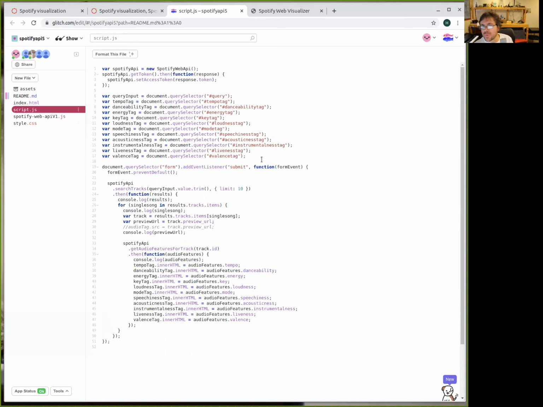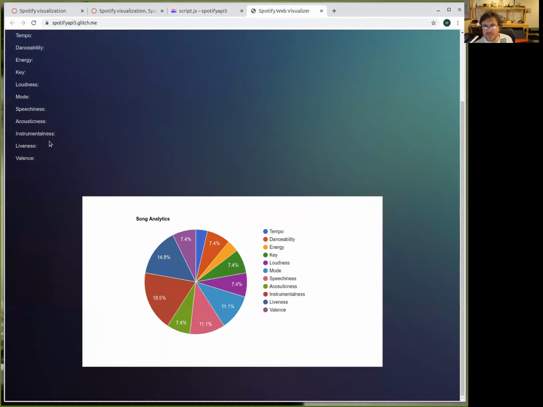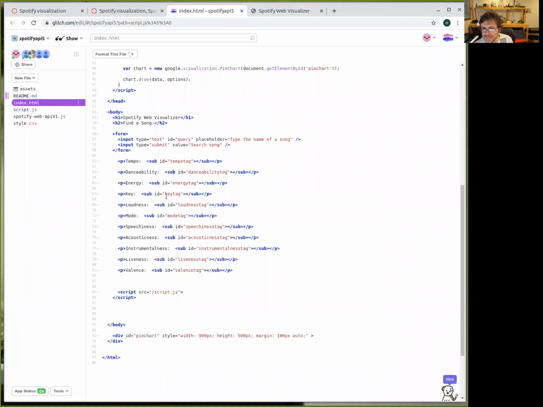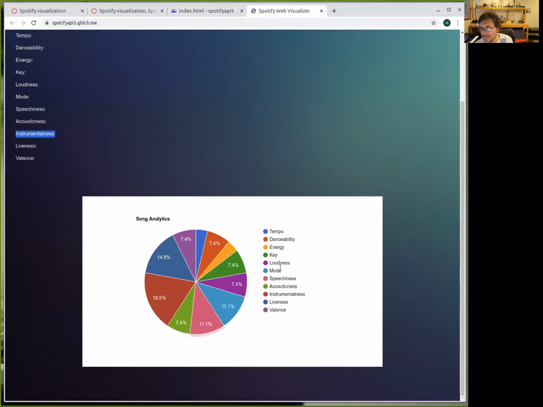Okay, so in this page you have all these queries. These query selectors and all these tags belong to these little guys. Mod tag, for example. Where is your mod tag or all of these tags? Oh no, this belongs to this section. Yeah, for that section. Oh, and we tried... so this is not real information. They are the same numbers. Yeah. And I thought it was. No. Okay.